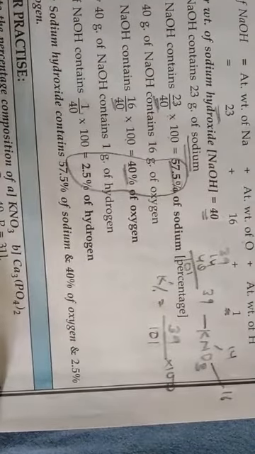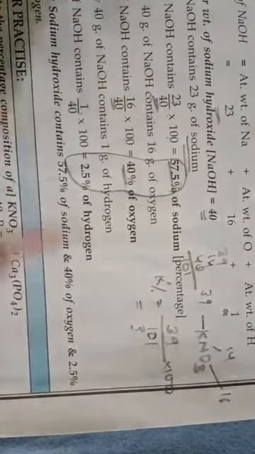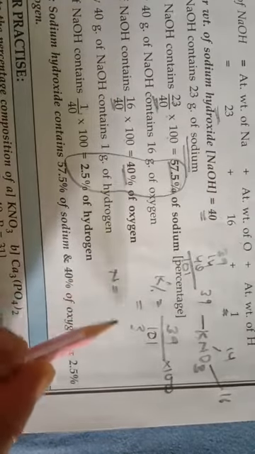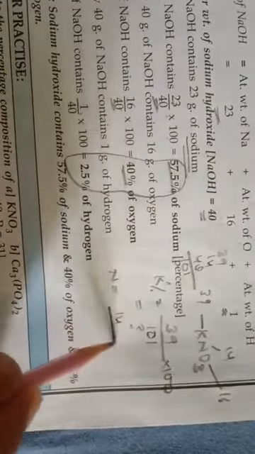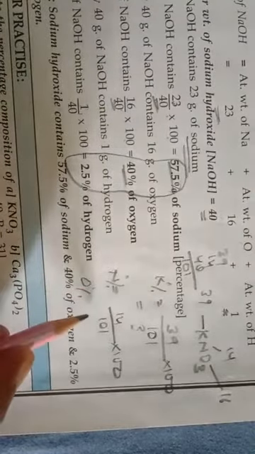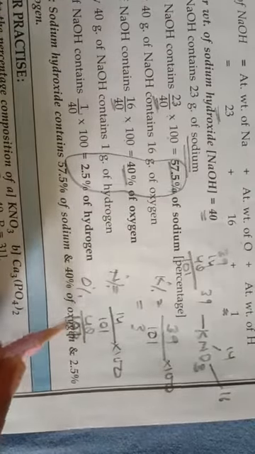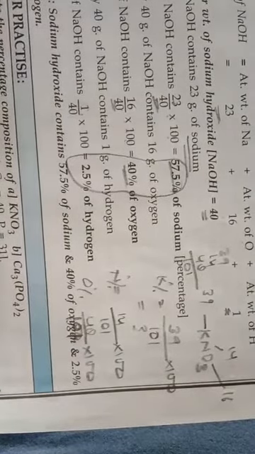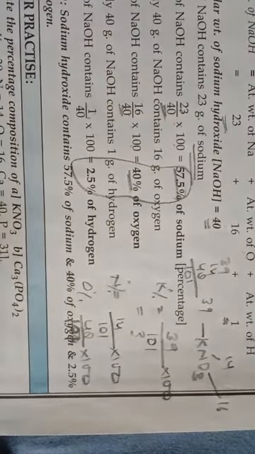Okay children, this way you can calculate. In the same way you can calculate it yourself. Then for nitrogen, the mass of nitrogen in the compound is 14 into 1, divided by 101, into 100. And in the same way for oxygen percentage, it will be 48 upon the molecular mass 101, into 100. Okay children, so in this way you can calculate the percentage composition of different elements in potassium nitrate.